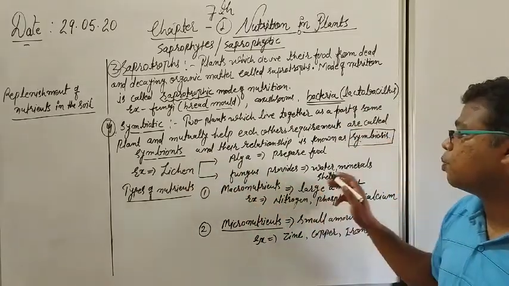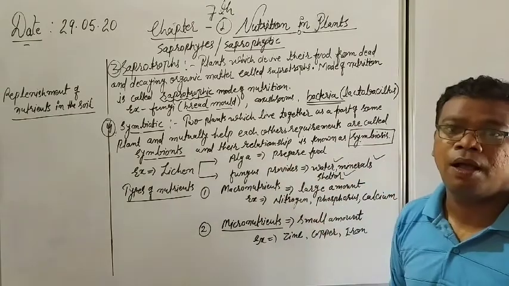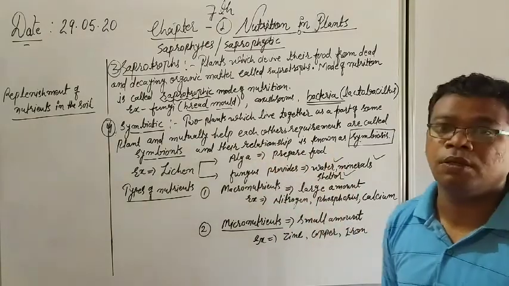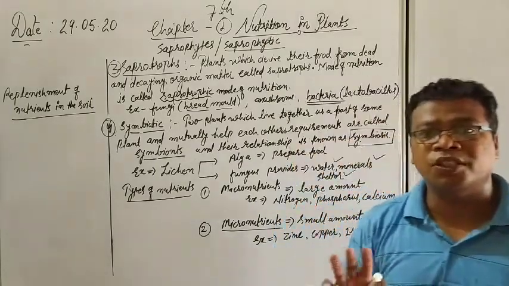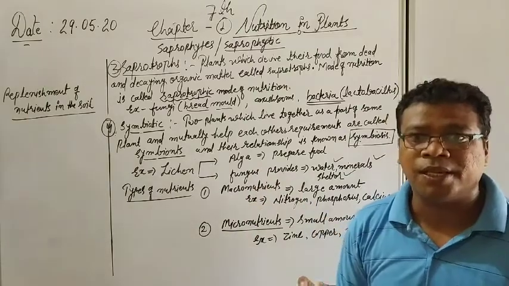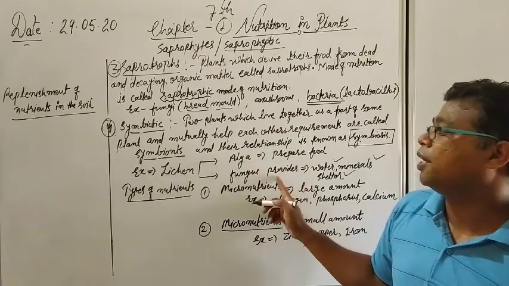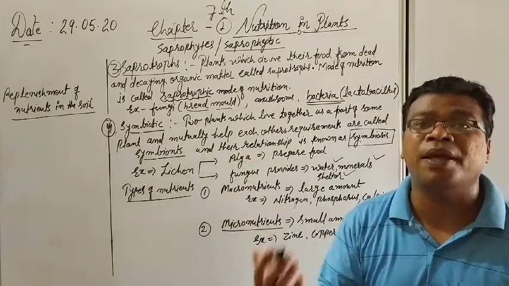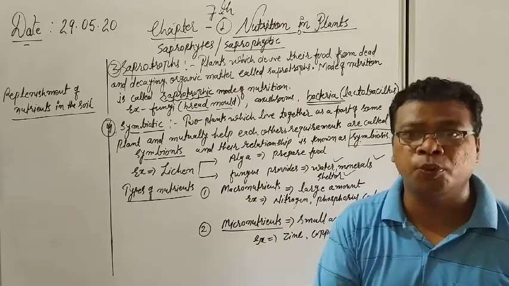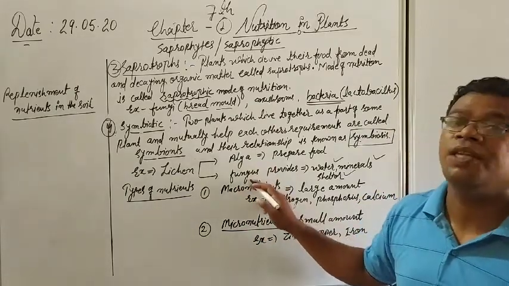The fungus is providing water, minerals and shelter for the alga. And what is the alga? Alga is a green plant, for the preparation of food. So they both are fulfilling each other's requirements. The fungus provides raw materials like water, minerals and shelter, and with the help of this raw material the alga prepares the food. Because the alga is a green plant containing chlorophyll, it has the capacity to produce food. In this way they both help each other.